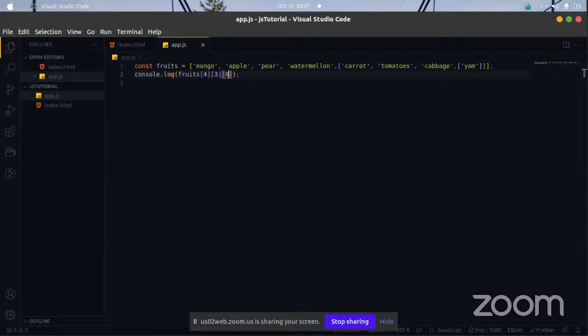So let's say, for example, I want to take away everything in this second array, and I want to put it in a new array. I want to call this array veggies. I'll paste this here.